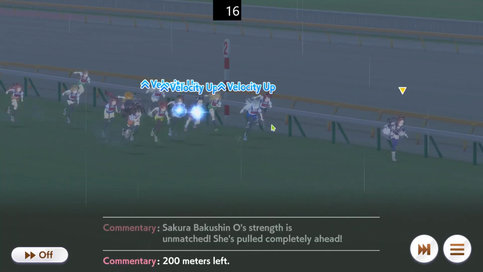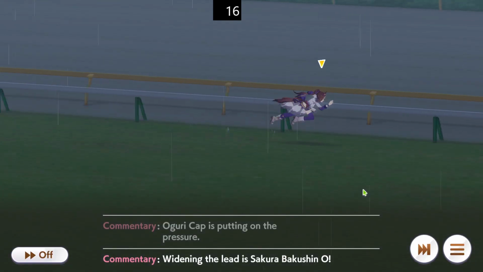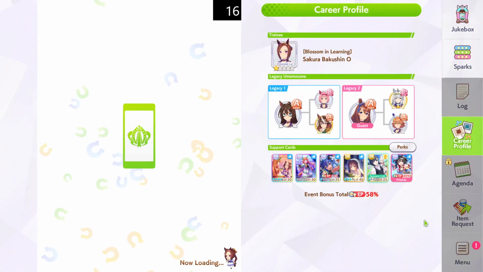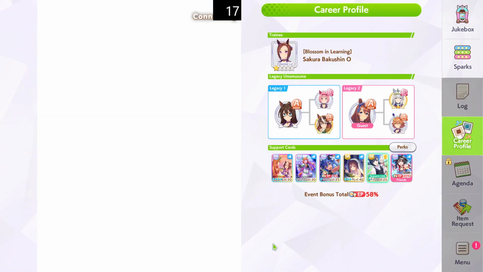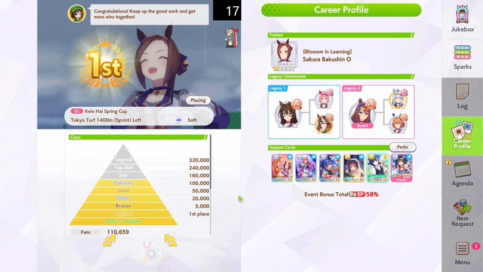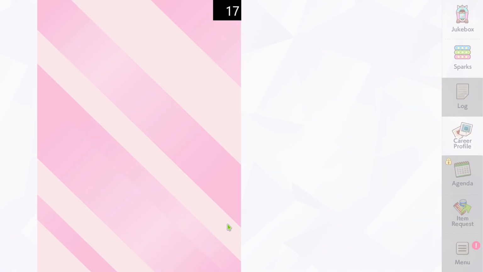Ogre Cap is trying to catch up, but she's not going to be able to do it. Alright, there's another win. We got 17 now. We also got to start running a lot because we do have summer camp in like 3 turns. I guess we can run during summer camp, but...